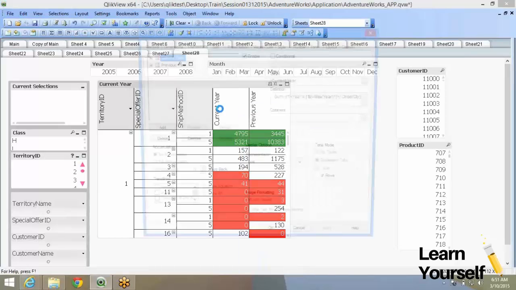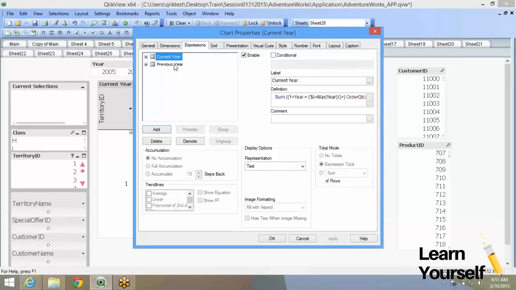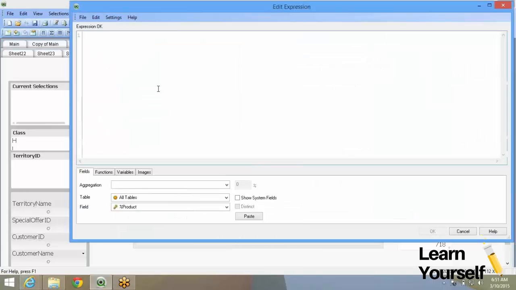Now the best part over here is you can also find out the difference between these. This is current year, and this is previous year. If you want to find the difference, maybe the variance, you don't have to give the entire formula, you can use the same column name. So basically you can say current year. Whatever is in red color is the actual fields, and whatever is in blue color is the name of the